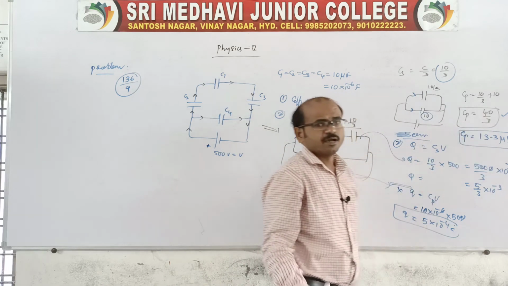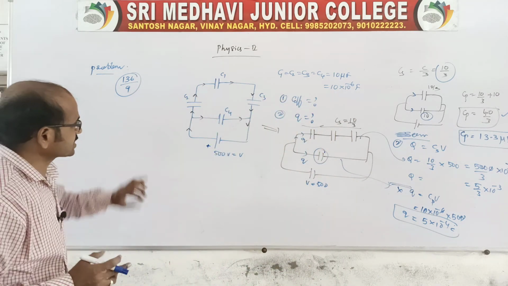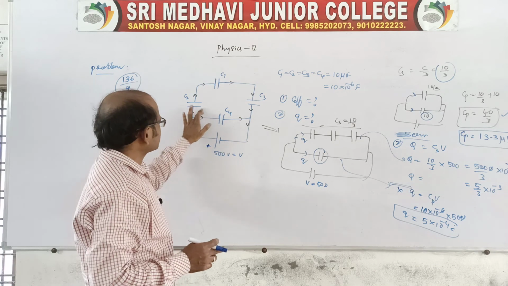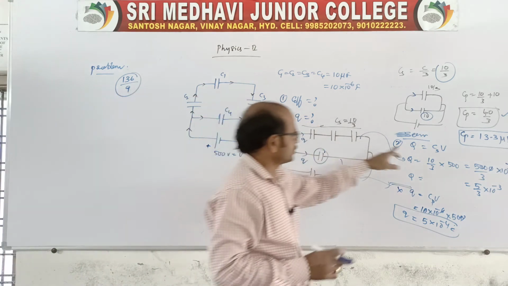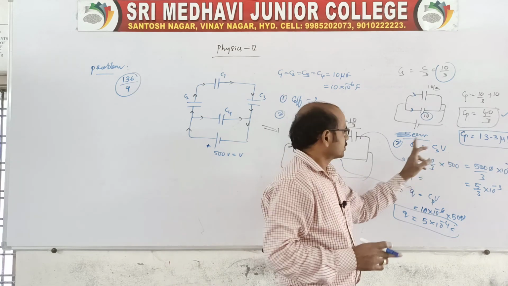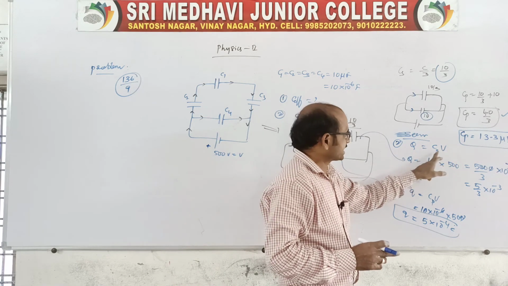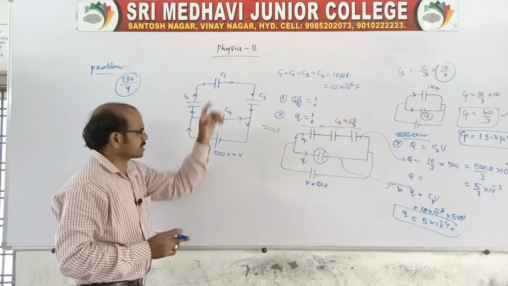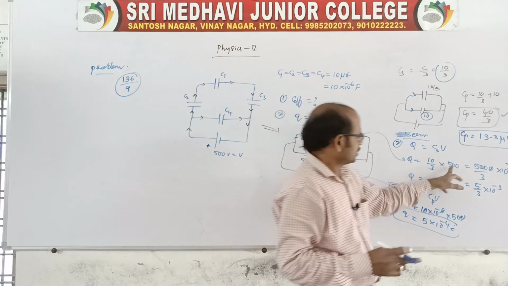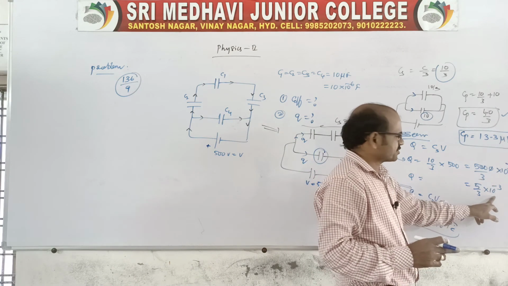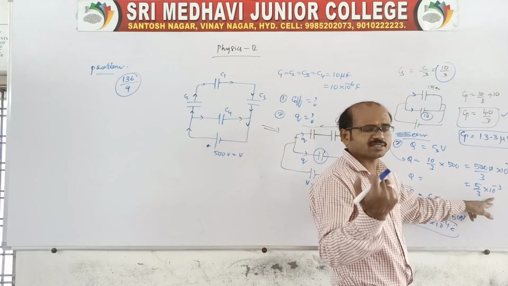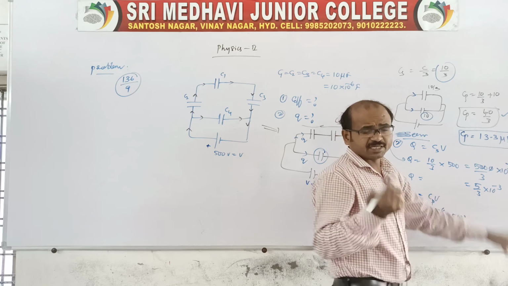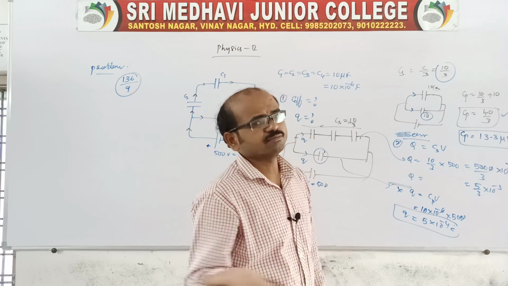That is the final answer, but it is asking for charges, through the series as well as through this one. For the series, Q is equal to CS into V. Q is equal to CS into V, in case of series combination 10 by 3. The supply is the same for all capacitors, 500 volt. So you simplify this, it may be 5 by 3 into 10 power minus 3. You can cancel, and approximately 1.7 is also the right answer.